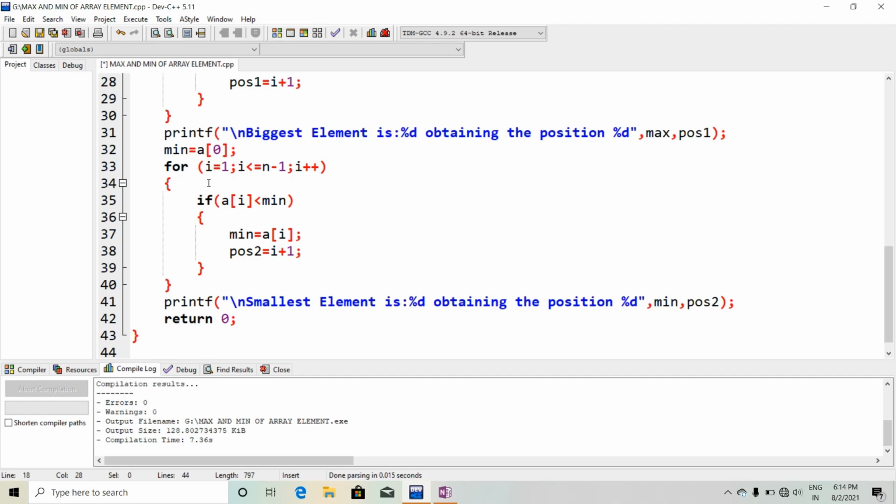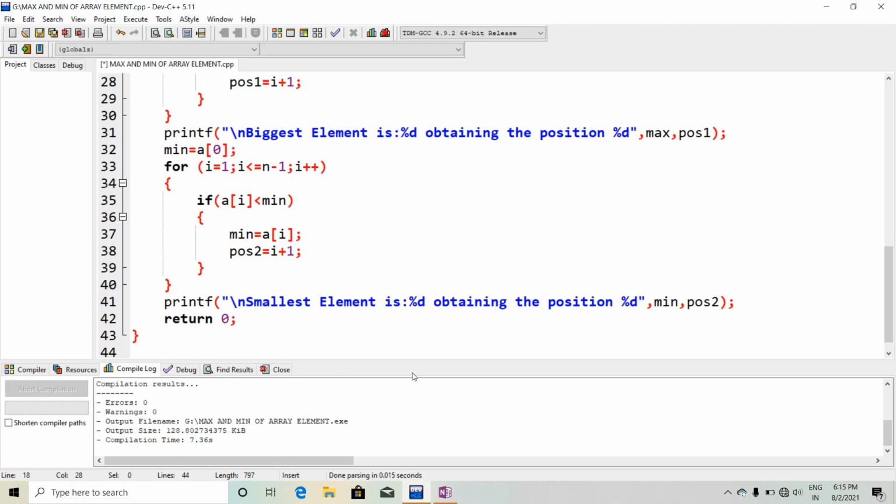If there is an element that is less than min, then min will be that element and the position will be i plus 1. In whichever index it is present, the position will be that index number plus 1. So the smallest element is %d, that is min, obtaining the position pos 2. Pos 2 means this value.